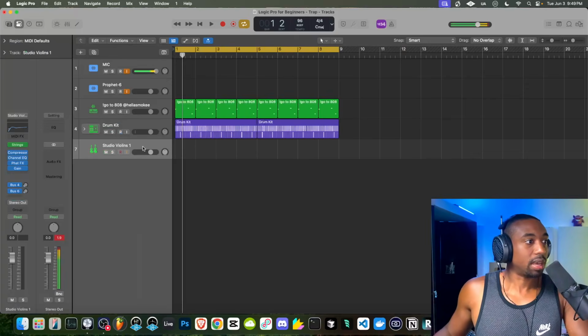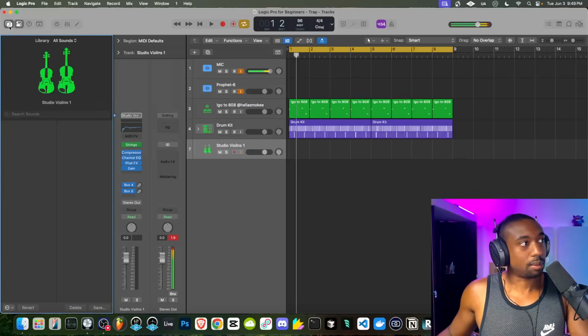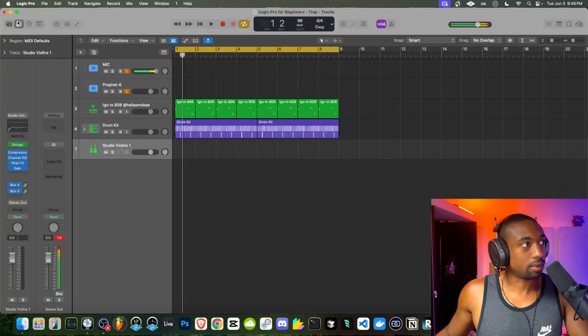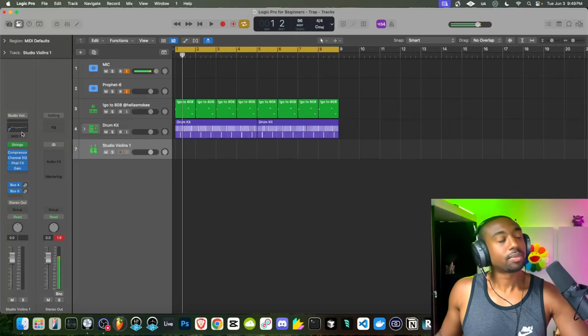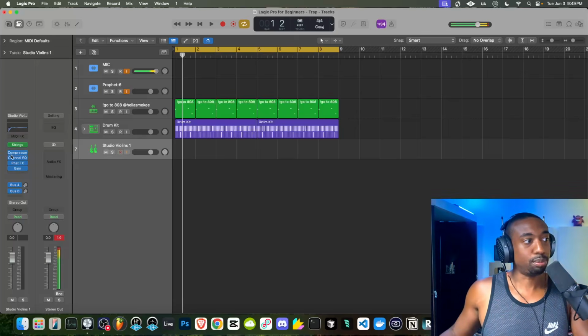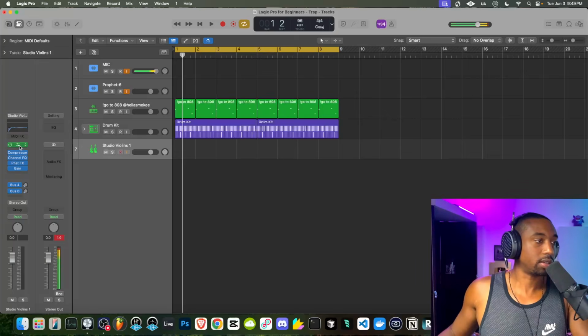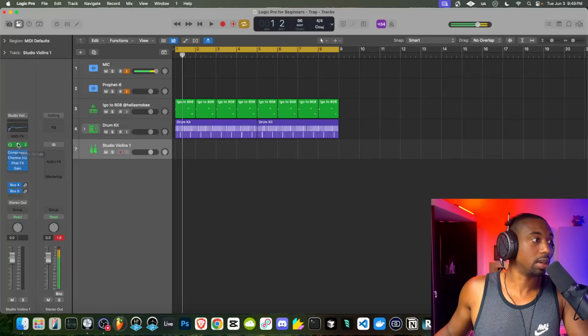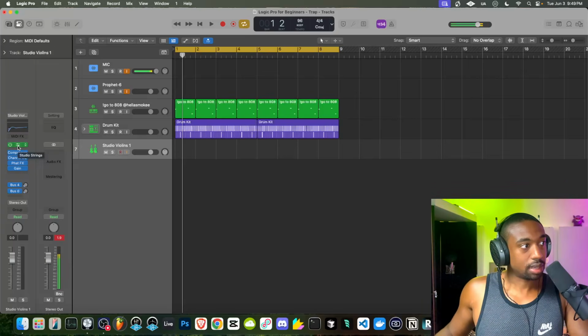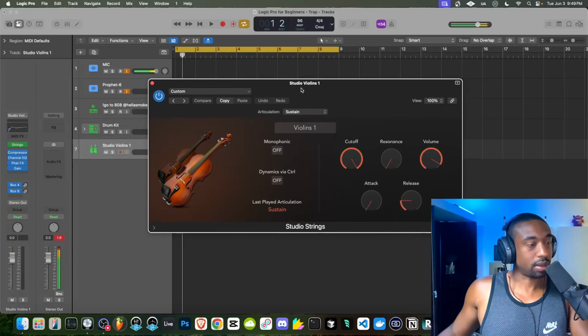All right. So once we have that, we're going to click out of that library tab, go to the inspector tab, this little left right icon here. And here's a pre-built effects chain. So you don't have to do the effects. We're going to click on the sound. To open up the sound, we're going to click this little slider in the middle to open up the interface.